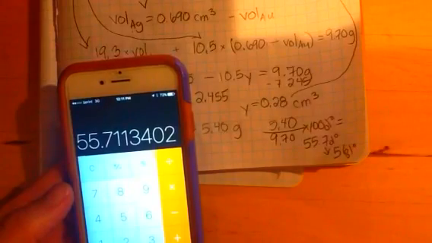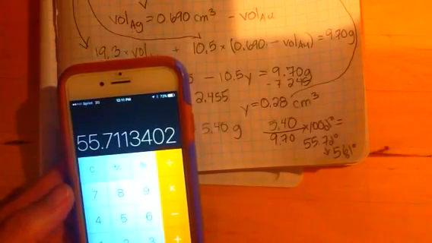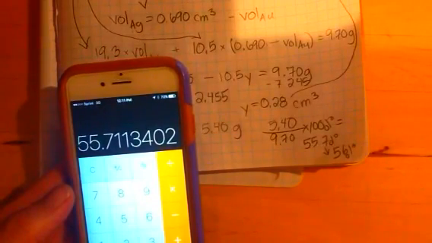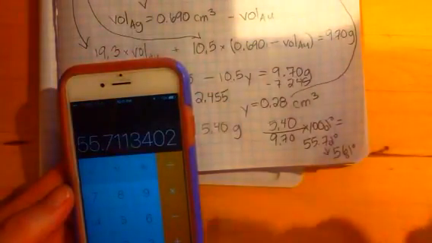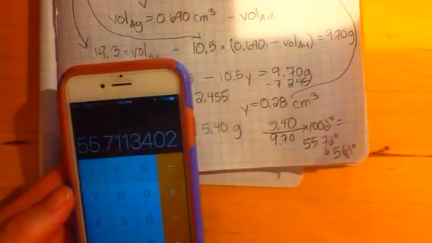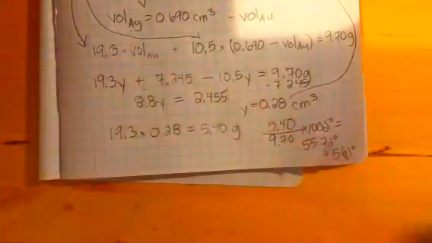We could also have an answer, because we have 3 sig figs in each of our problems there, so we could keep it at 55.7. Although the answer in our web assign is 56%, but know that you can